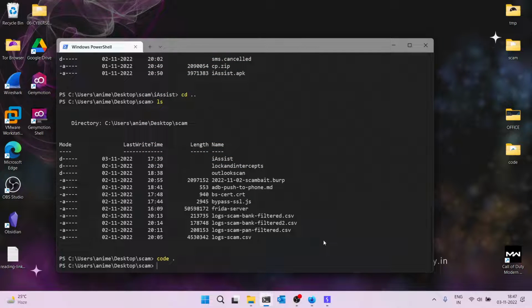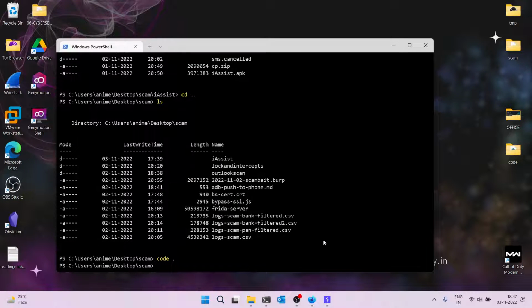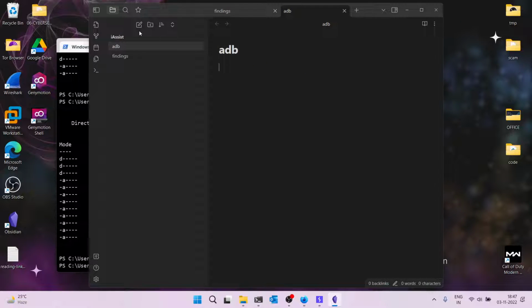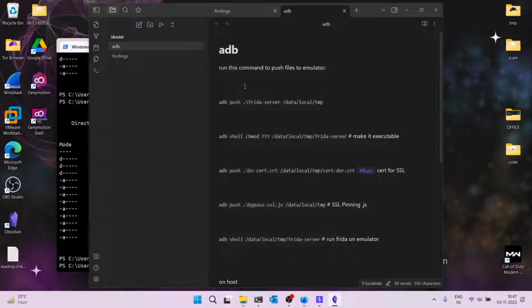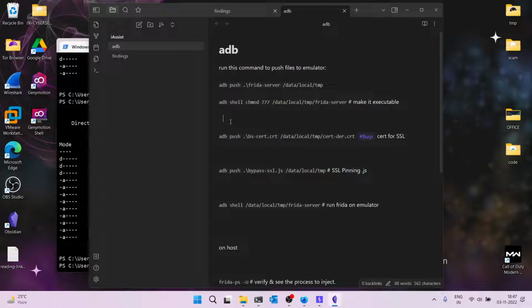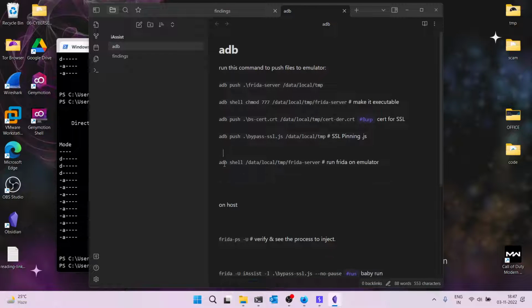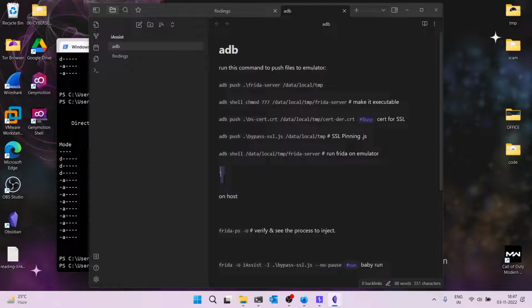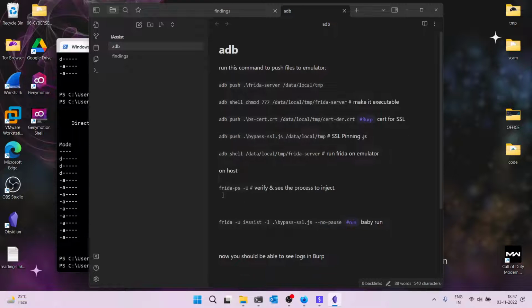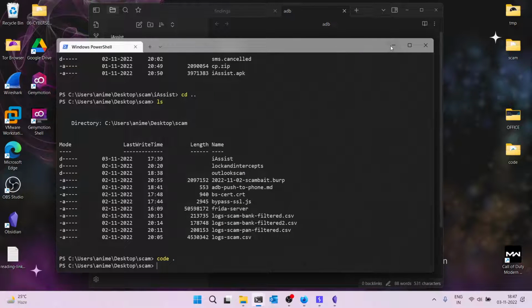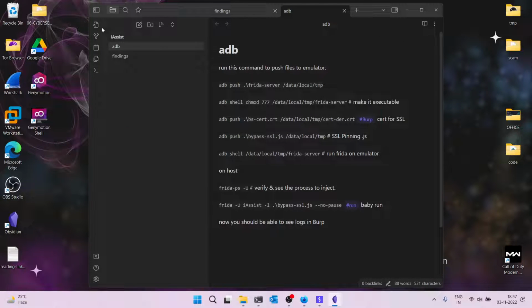And to make our life a little bit easier, I will be using Obsidian to take our notes. Let's go ahead and name it ADB. All right, everything looks good. A little bit of cleanup just to make sure everything looks nice. Okay, awesome. So the first thing is I'm going to go ahead and start our